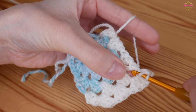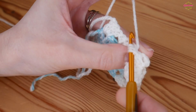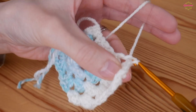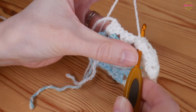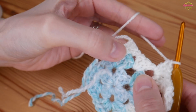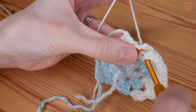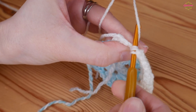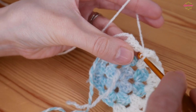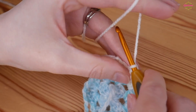and then back into that corner space again, a granny cluster, 2 and 3, and then work down this edge, so you'll have 2 obvious spaces to be working into. So you'll work your last granny cluster into this space, two, and didn't do that very well,